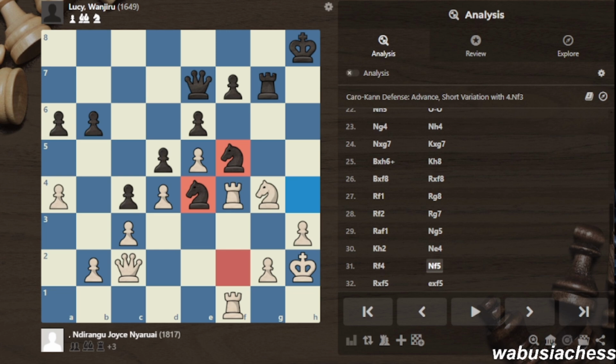Because this f2 square was, or rather it's a very key square, because it's an escape square route for the king in case things start falling apart. So she missed that during the game, and she went for the long capture. She picked this knight, and after takes,